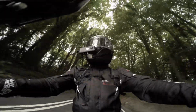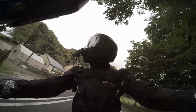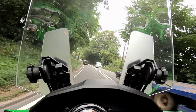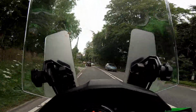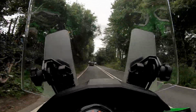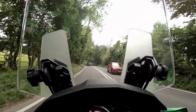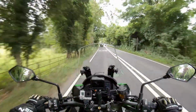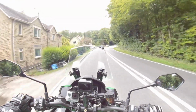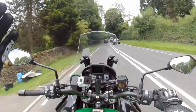So before the big question, let's just go through some of the things I'm not a big fan of and things I do like. Well, for starters, the screen. I've not had a lot of luck finding a good position for the screen that will keep the wind turbulence off my crash helmet. It's not as bad as the V-Strom though, so that's something,